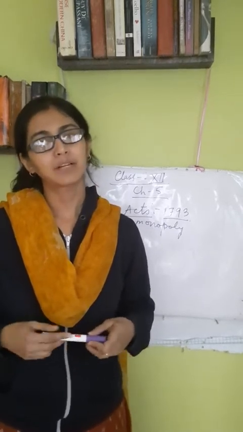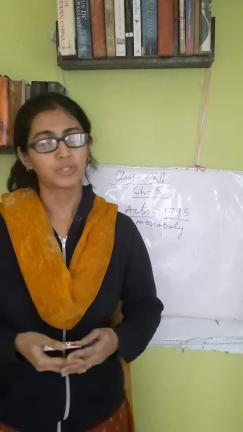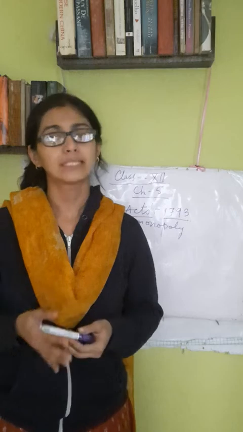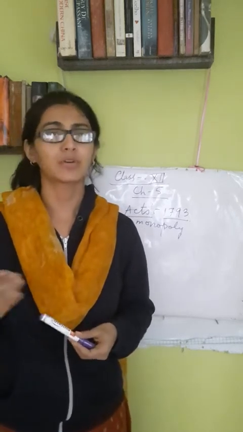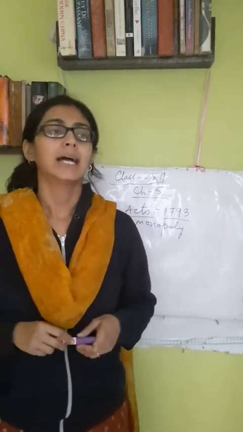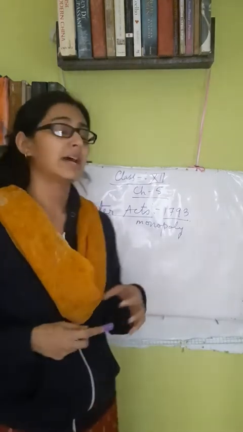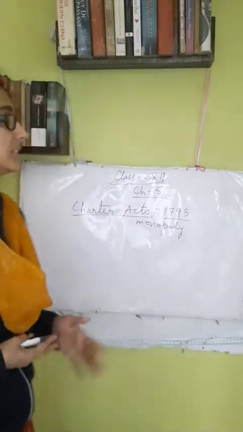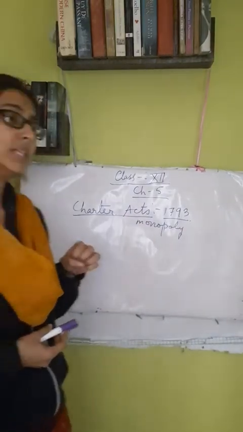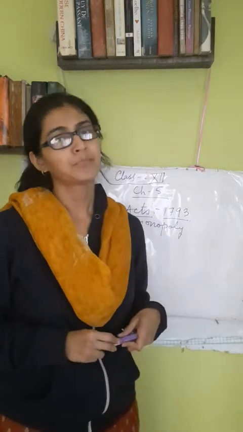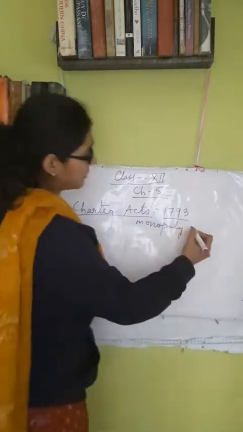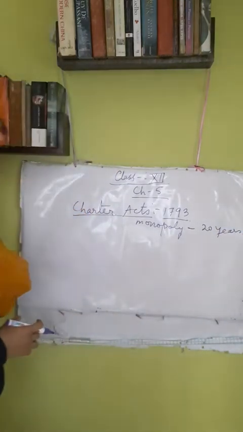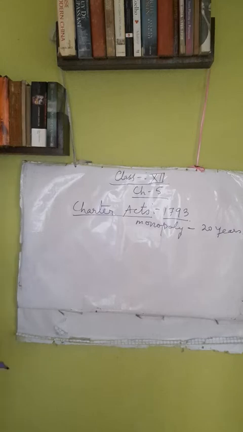And we see that apart from these, some other changes were also introduced. That is, the number of members of the Board of Control was decreased from 6 to 5. Previously there were 6 members, now there will be 5 members. And it was said that the English East India Company will have complete control over the trade of India. So the main thing of this act was that the monopoly, that is only the English East India Company can trade in India, was re-established for another 20 years. It was said that for another 20 years only the English East India Company alone can trade in India.